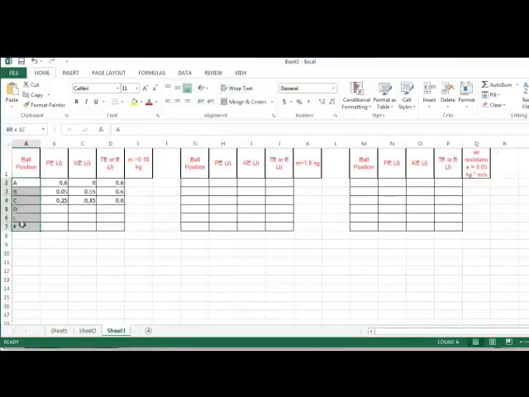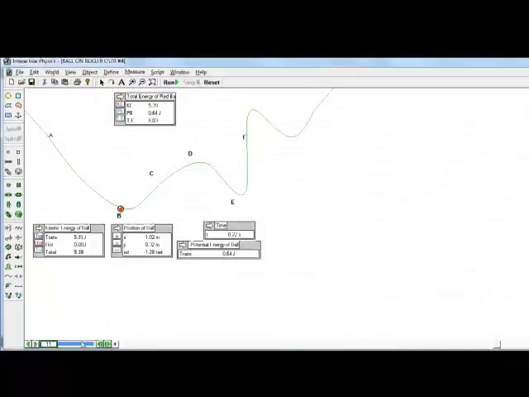And again, you can put in your ball positions, and you just copy them over to make your life easier. A, B, C, D, E, F. Again, the potential energy, the kinetic energy, and then the total energy at that point. And again, if you let this run, notice it will go back and forth together, because one of the things we've done here is set up a situation where there is no air resistance, so that the problem can run almost infinitely long until we want to go back and look at a specific point.